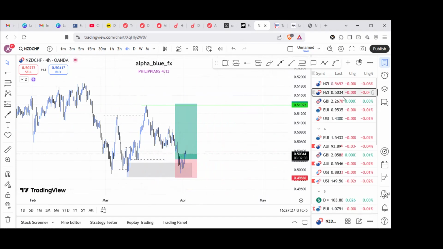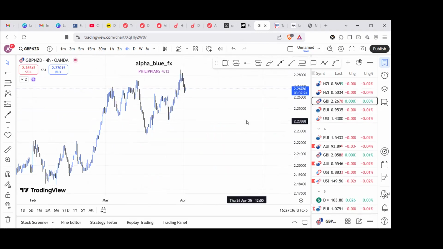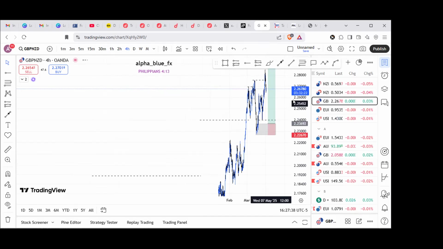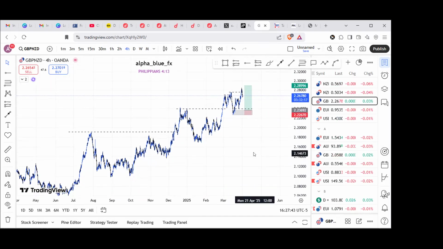All right. So this is NZDCHF. Let's look for another one. This is GBPNZD. Now with GBPNZD, there is a little twist to it. A little twist in the sense that